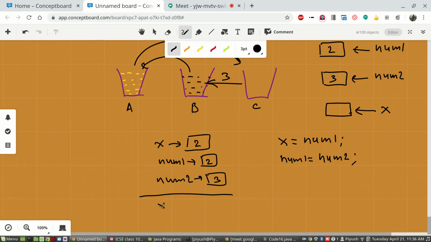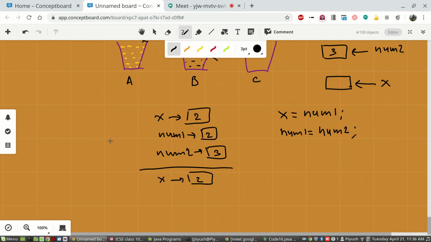So x we have not changed in this line. So x will remain 2. Because in num1 you are putting the content of num2, which is 3, the earlier value will be erased and replaced by the new value.